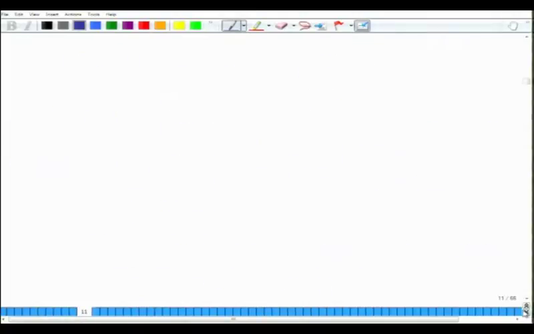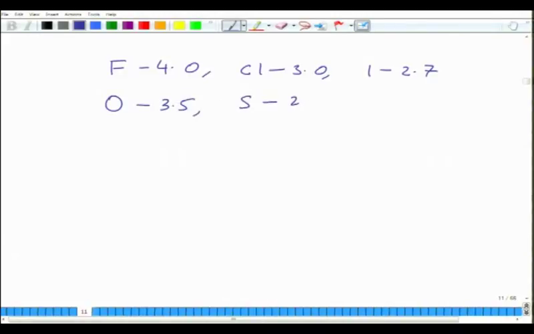Now if I go to the other side of the periodic table, you start from fluorine. Fluorine has a value of 4, chlorine has a value of 3, iodine 2.7, oxygen 3.5, sulfur 2.5, nitrogen 3, phosphorus 2.2, carbon 2.5. These are strongly electronegative, and these elements